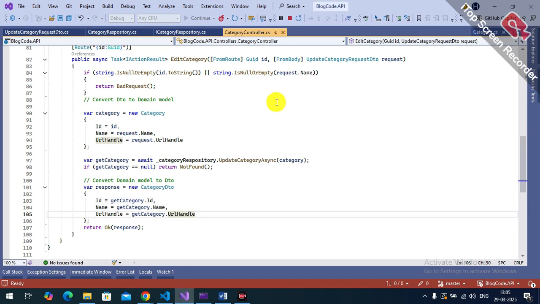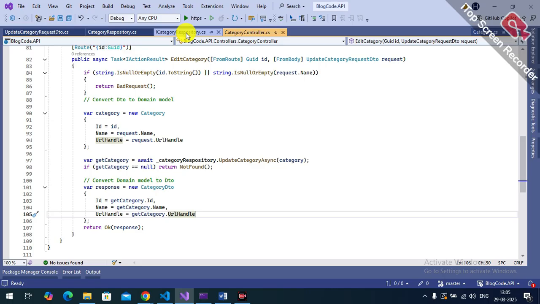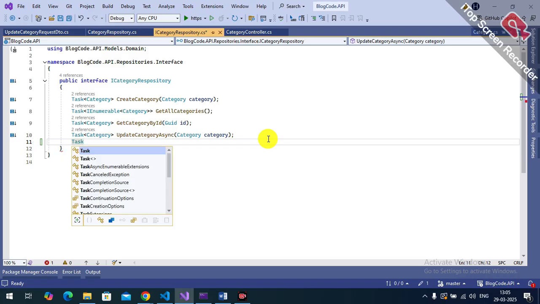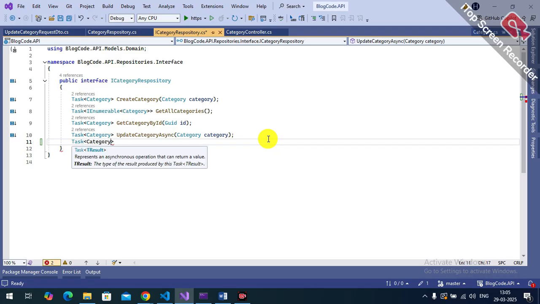And before that one, we need to create the one API, right? So first let me create the API, then we will do that. So let me stop the API, go to the interface level, and we will create a simple write task, categories,